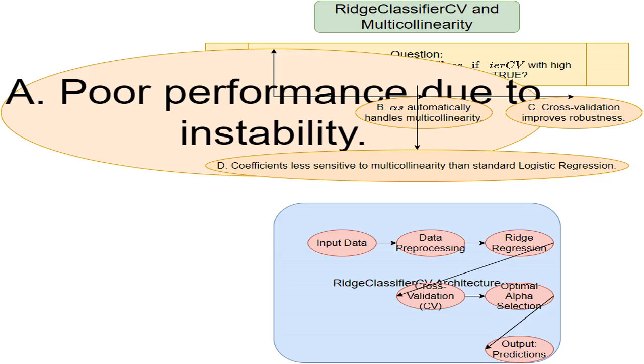I'm explaining why cross-validation is crucial here. Cross-validation helps us find the best model by testing it on many different subsets of the data. This makes the model less likely to overfit to the training data and more robust to things like multicollinearity. It's like trying out a recipe on several different ovens. If it works well across all ovens, you know it's a good recipe, even if some ovens are a bit